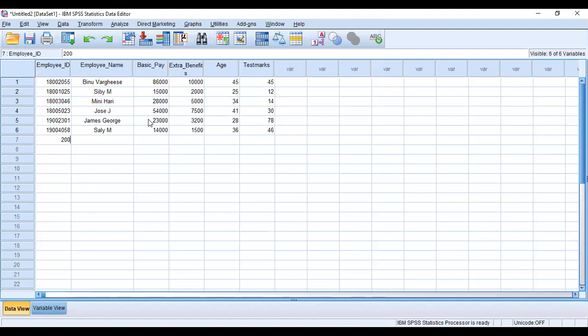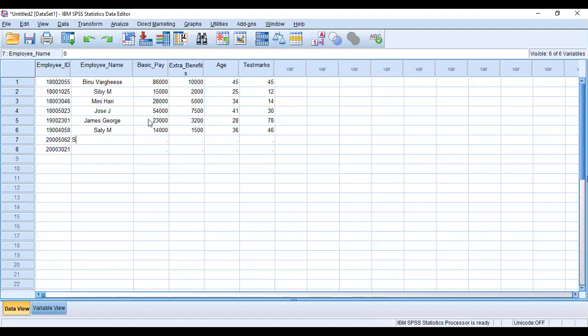Next is 205062. I'm also entering the other one too, 2302. Fine.